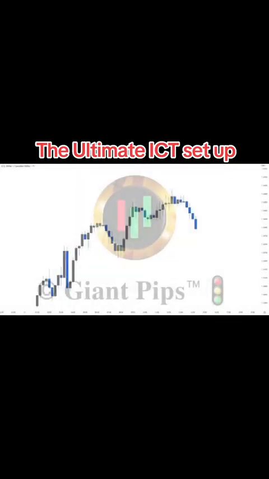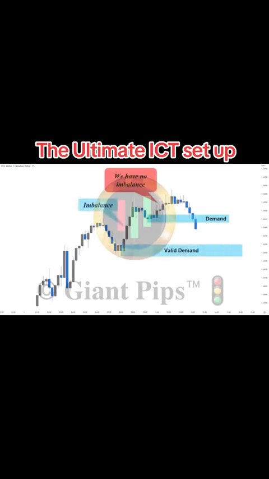Here on the USD CAD, we had continuous higher highs and higher lows. Although this demand level broke the structure to the upside, it printed no imbalance. So it is not a valid demand zone. On the other hand, when we look left, we can spot this perfect imbalance, creating an extreme demand level. So this change of character is invalid for us, and this move has a great chance of being a liquidity grab. So we'll place our buy order a spread size above the order block and target the next level of